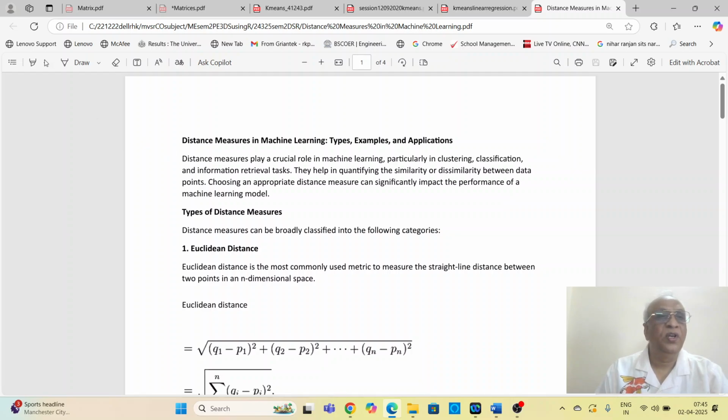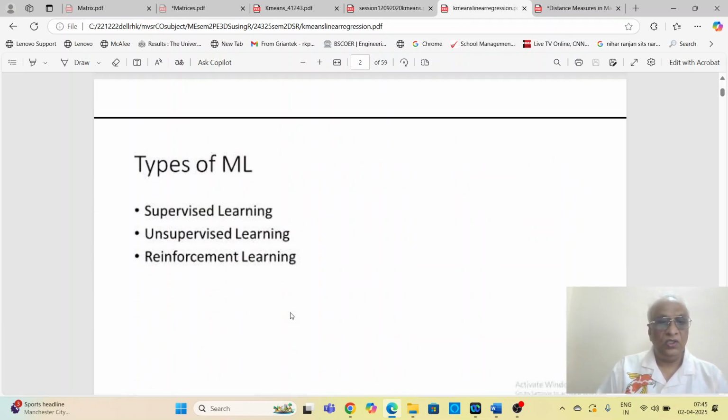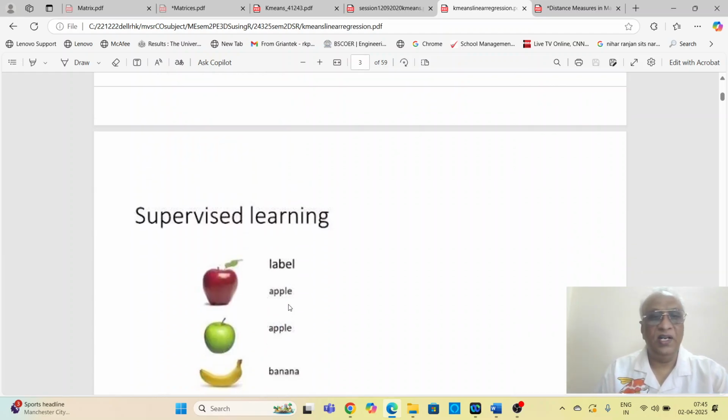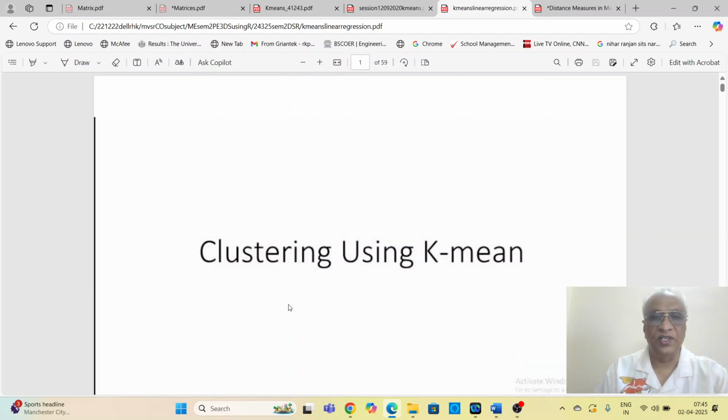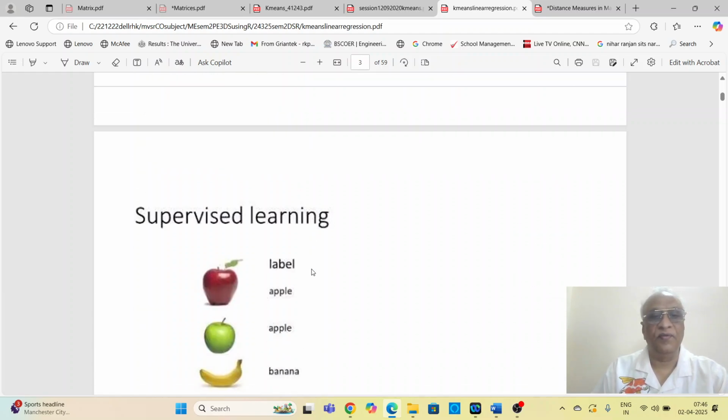So what we'll do is understand the distance measure concept with the help of Euclidean distance per se and with the help of the K-means algorithm. K-means, we know, is a popular clustering algorithm, and it is also called K-means clustering. So let us look at K-means clustering. I'll skip this and jump directly to K-means clustering, because initially you have these different types of machine learning,